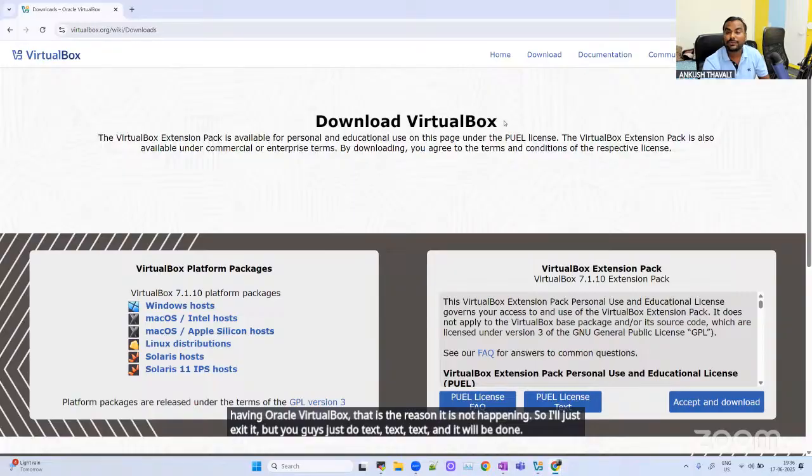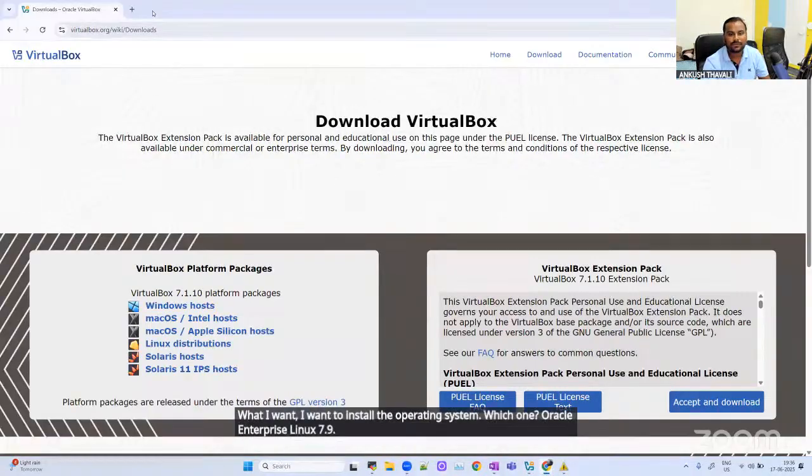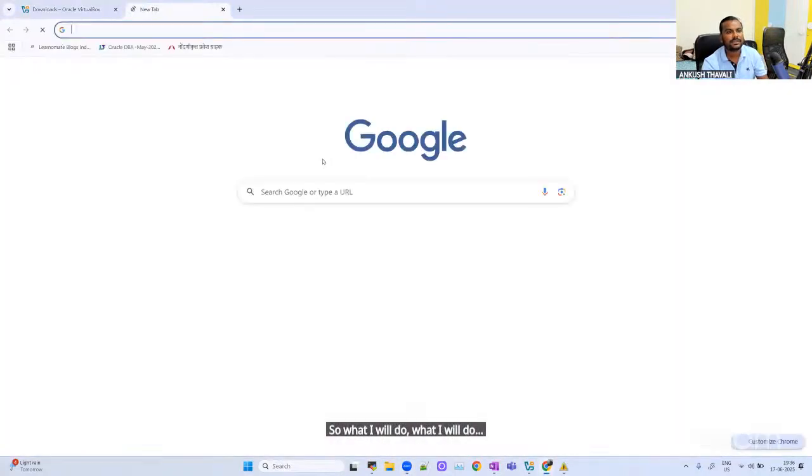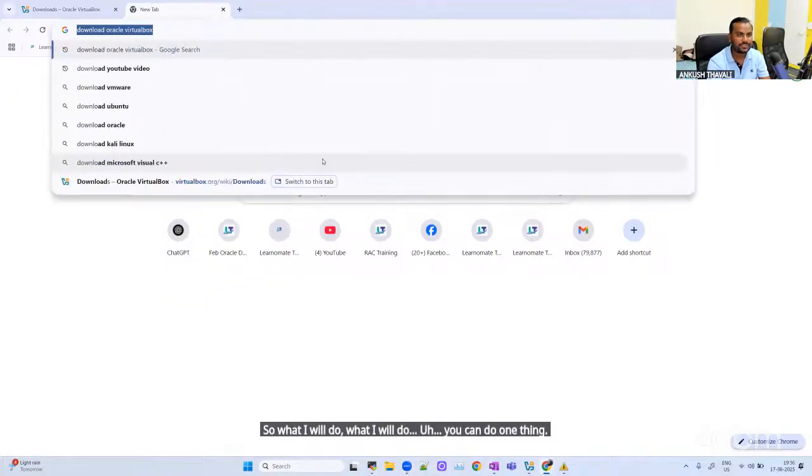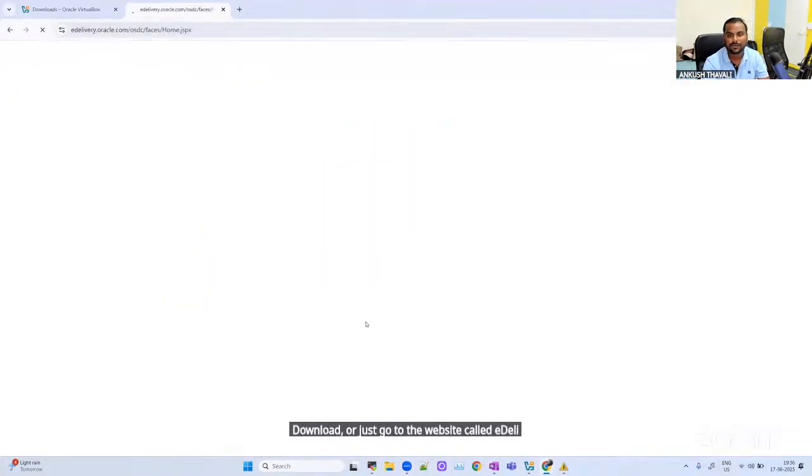Now I want to install the operating system. Which one? Oracle Enterprise Linux 7.9. You can download it, or just go to the website edelivery.oracle.com. Just go here,